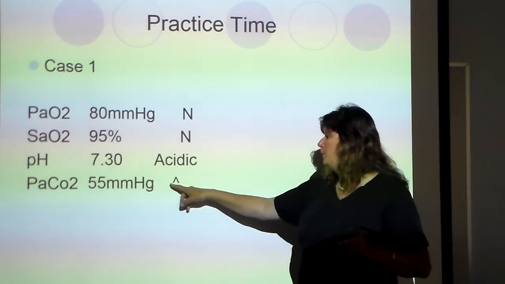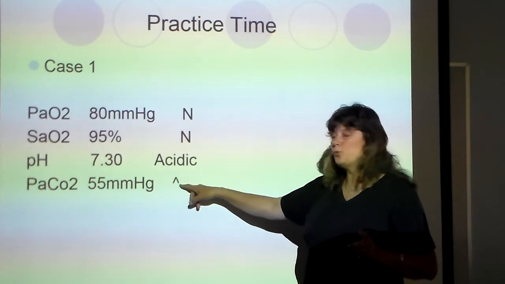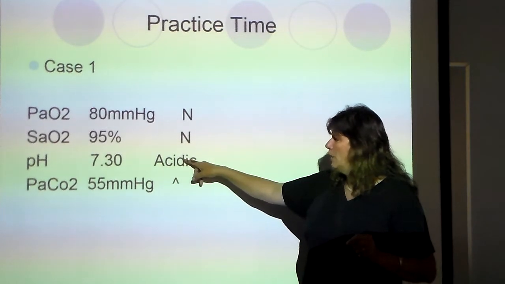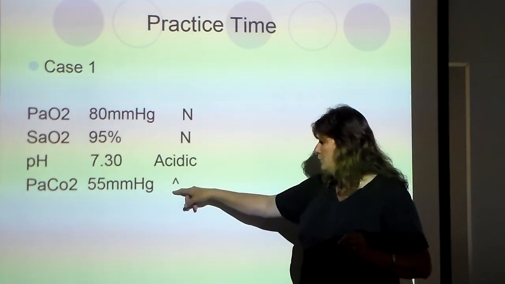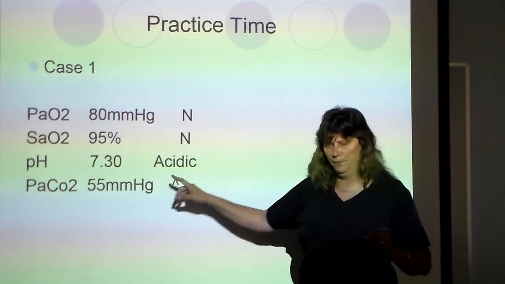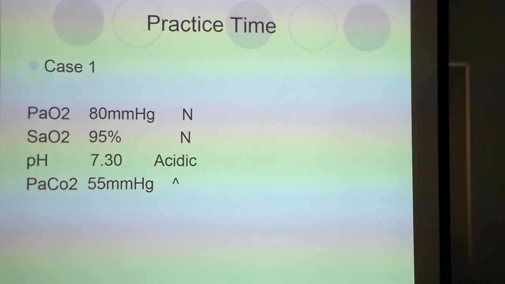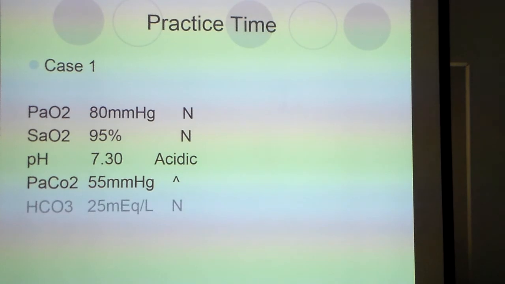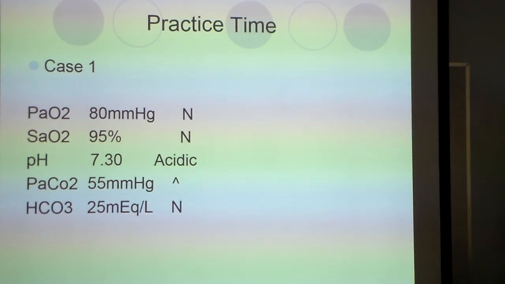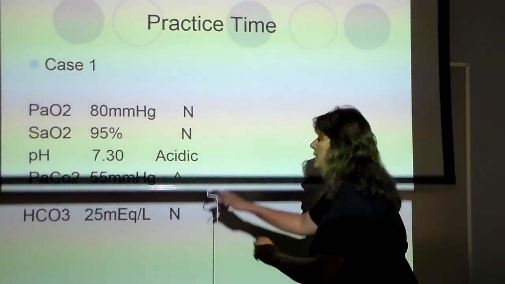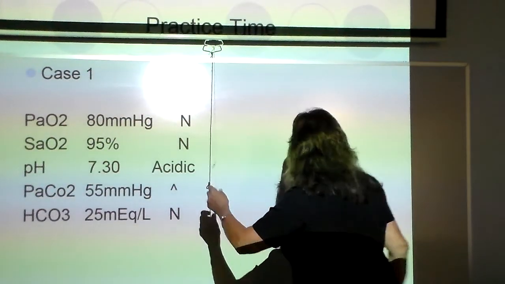Our arrow is pointing up. So I have a pH that's low. I have a PCO2 that's up, okay? Those arrows are in direct opposition to each other. Then I look at bicarb level. It's normal. When we are looking at ABGs, we tend to look at